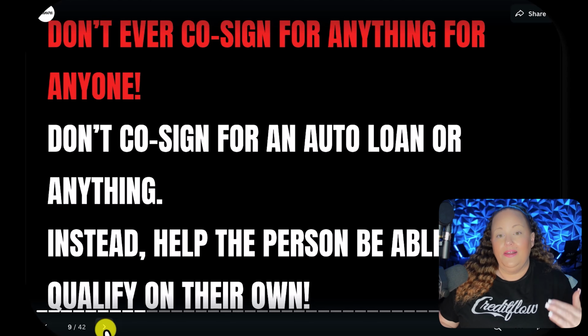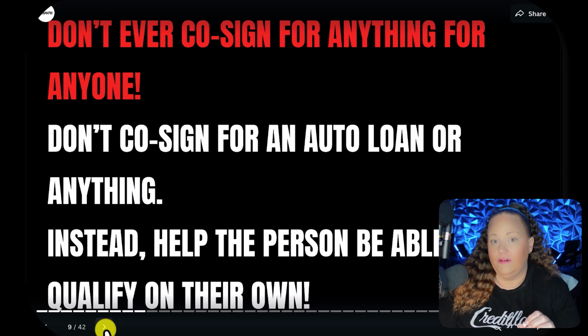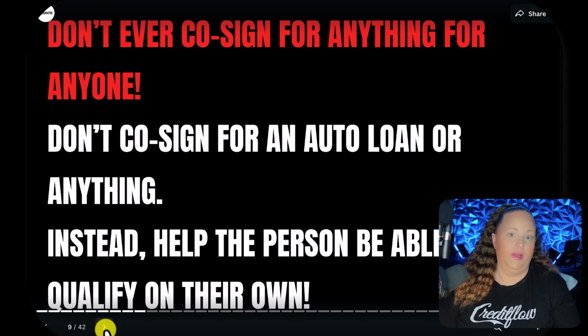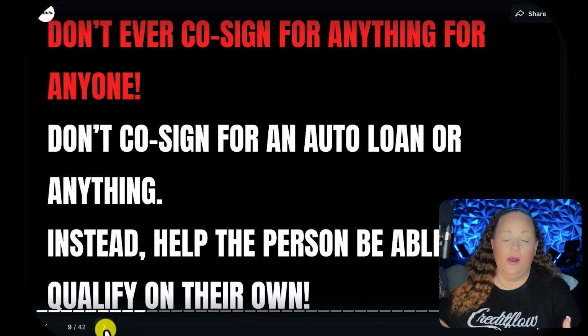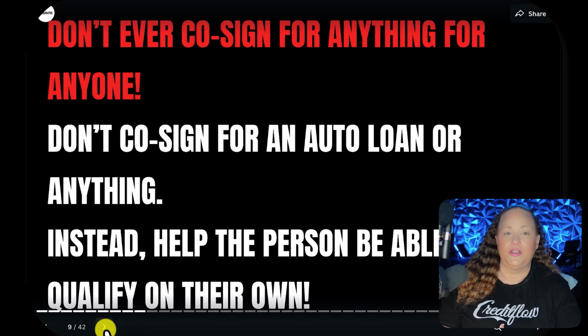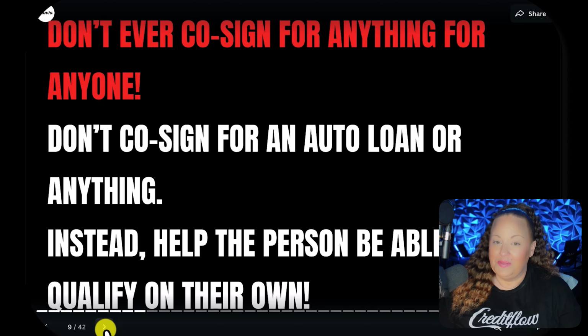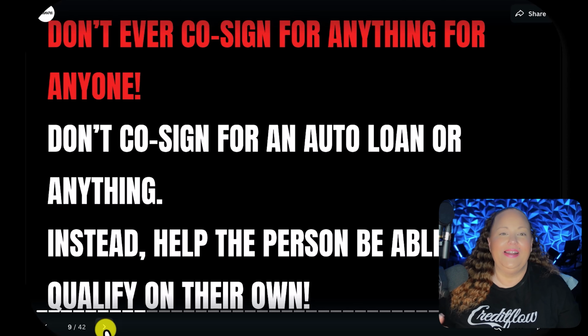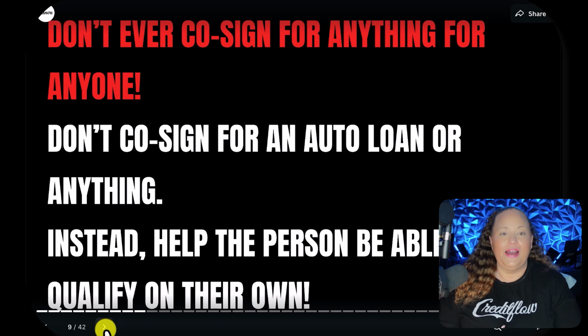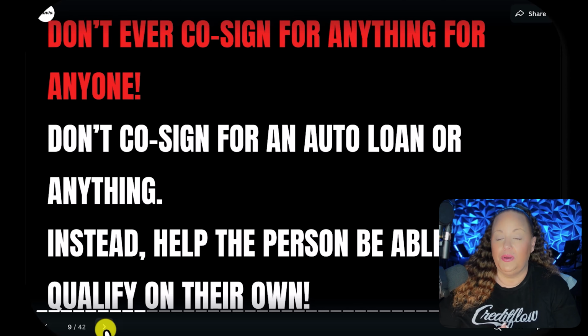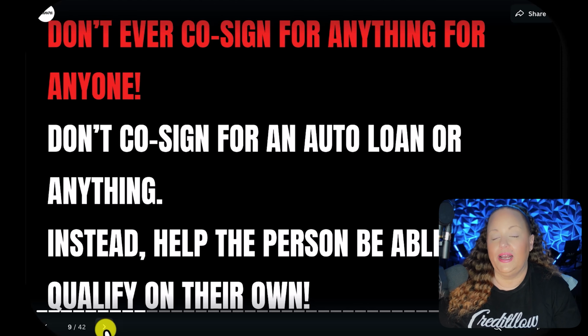So I added them to about 4 of my credit cards, and it boosted their credit score to 750. That was way more than they actually needed to qualify. And then after all that, they decided that they actually didn't want the monthly payments. But it just goes to show that you can help people qualify by other means